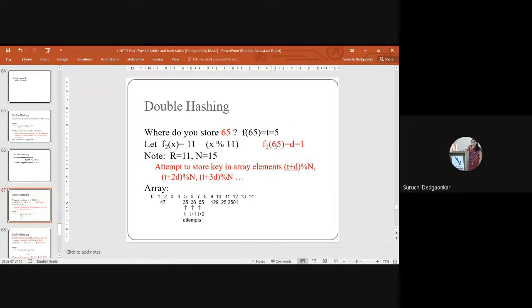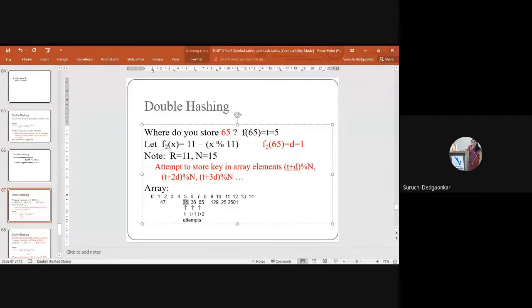Here, in order to store 65, a collision happens, as the element is already present. So we will calculate D for it, which is D is 11 minus X mod 11. So 11 minus